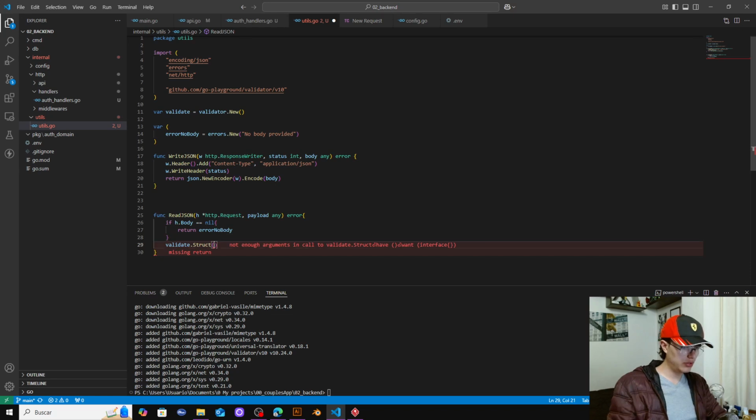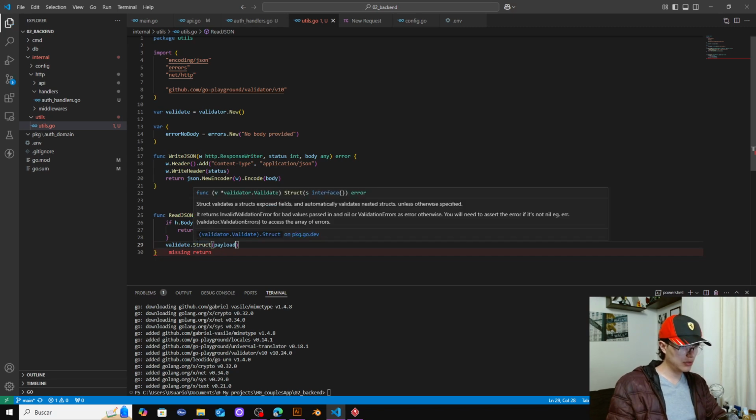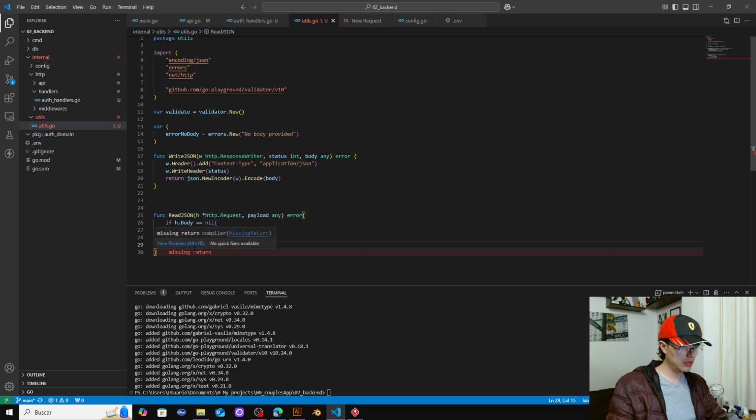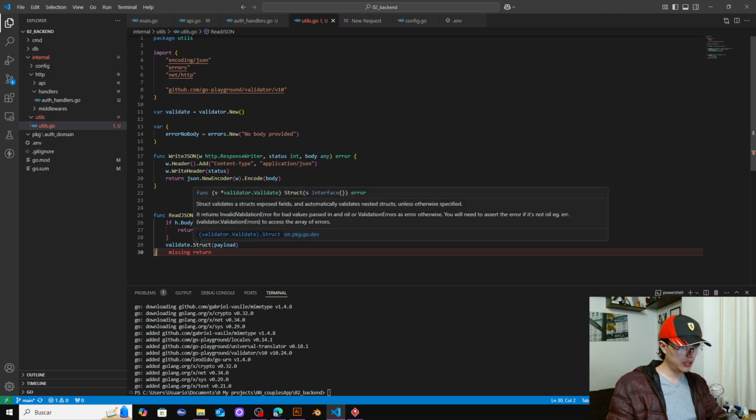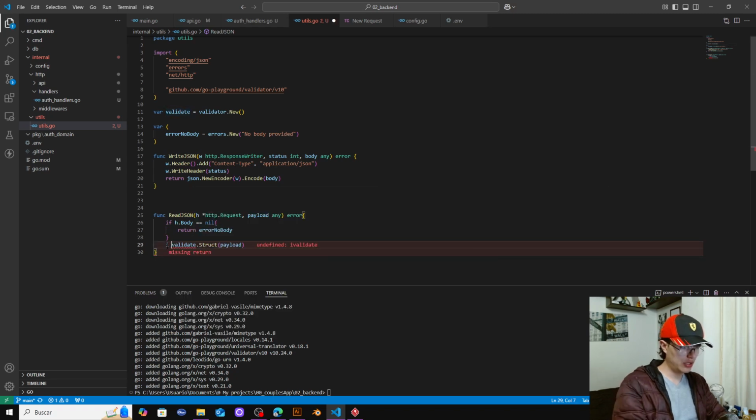Then validate struct. Let's validate that struct. And this does return an error. If error is different to nil,